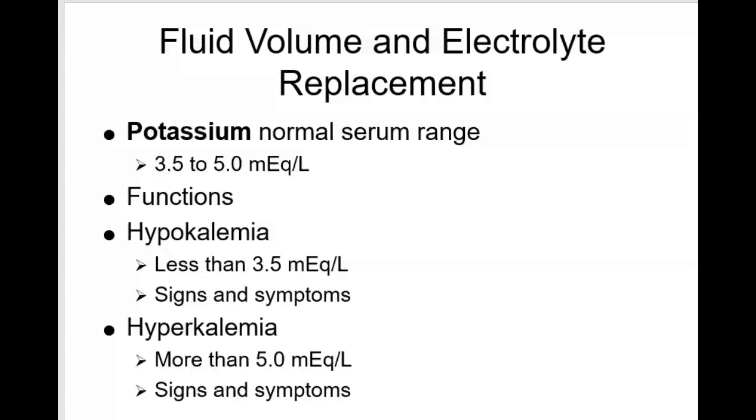You also need to know that potassium levels that are not normal can result in dysrhythmias and ECG changes. And of course, at this point, I don't expect you to know the types of changes of the electrocardiogram, or the ECG, but I do want you to know that if there's a problem with potassium, we want to be monitoring the ECG. Signs and symptoms of hyperkalemia, or high potassium, include cardiac dysrhythmias and changes in the ECG,